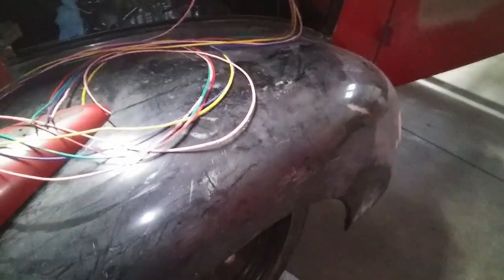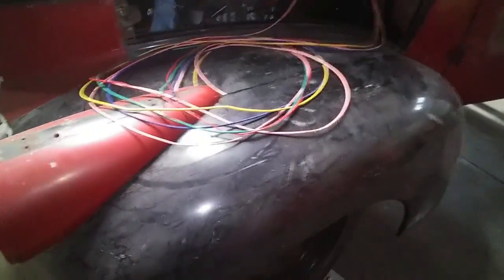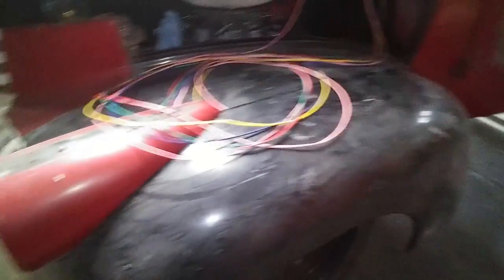Let's just put it that way. For fenders, they're fiberglass. They came with the truck. Normally I'd prefer originals, but the originals are pretty thrashed. As you can see, they came with fiberglass running boards too, which again I prefer originals, but the